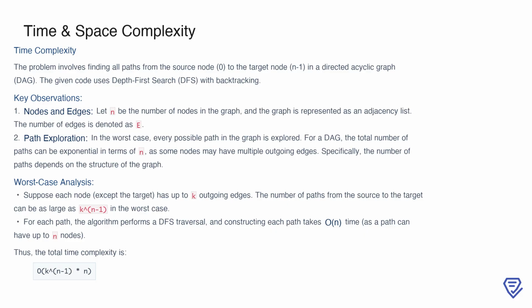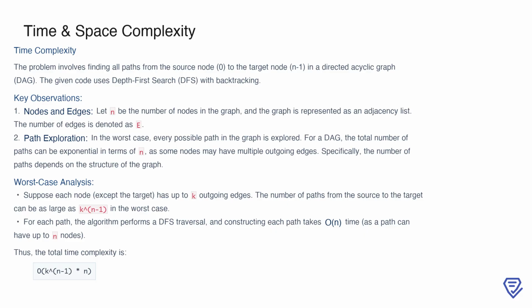In the worst-case scenario, every possible path in the graph is explored. Since we are dealing with a DAG, the number of paths can grow exponentially based on the graph's structure. For instance, if each node has up to k outgoing edges, the total number of paths from the source to the target can reach up to k^(n-1). For each of these paths, constructing a path involves a traversal that takes linear time, proportional to the length of the path, or O(n). This means that the total time complexity of the algorithm is given by O(k^(n-1) * n)